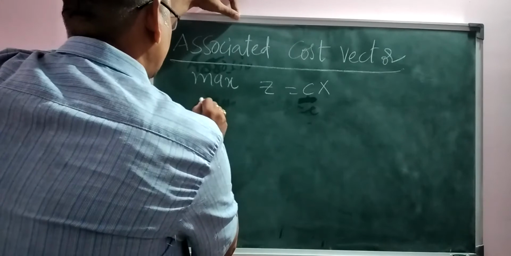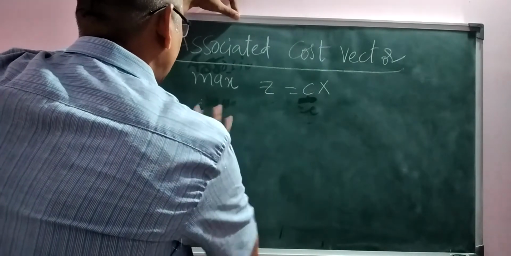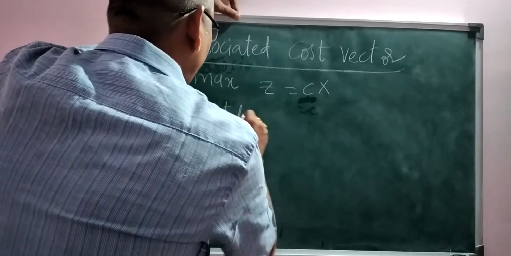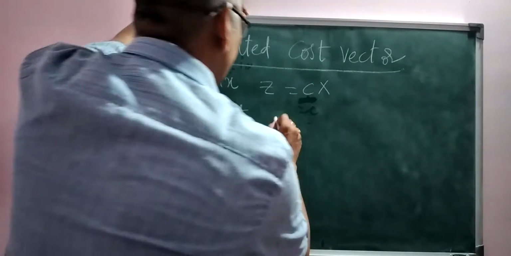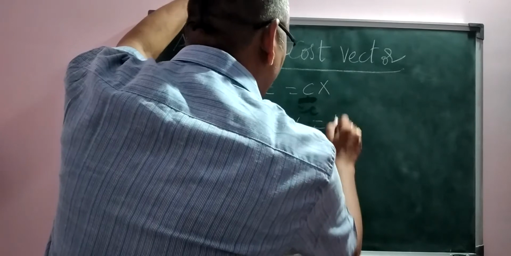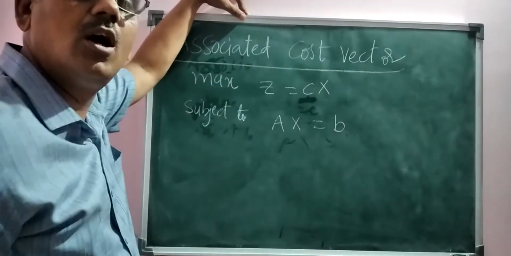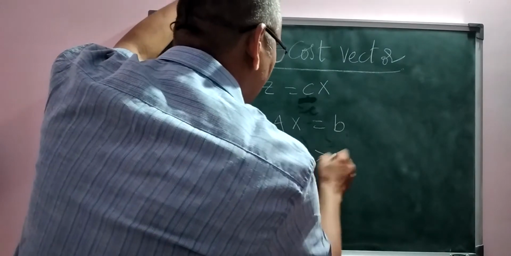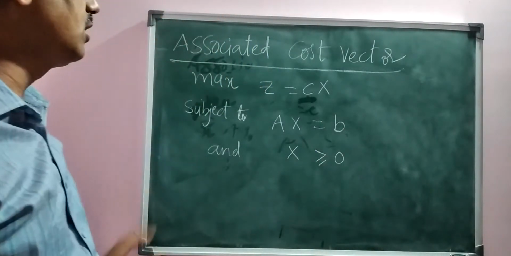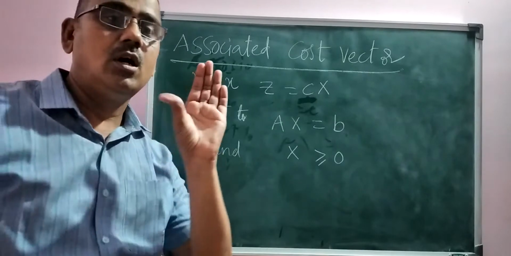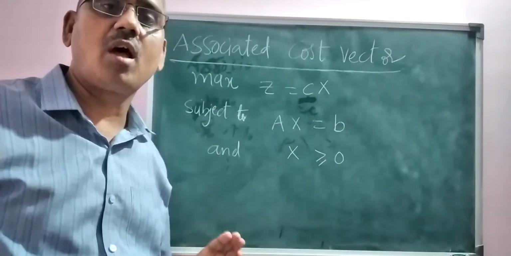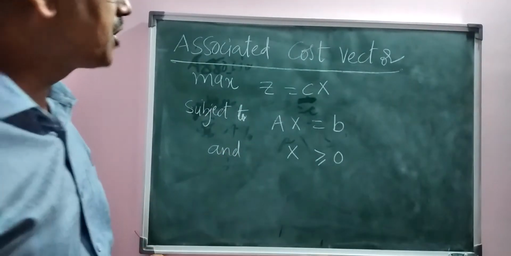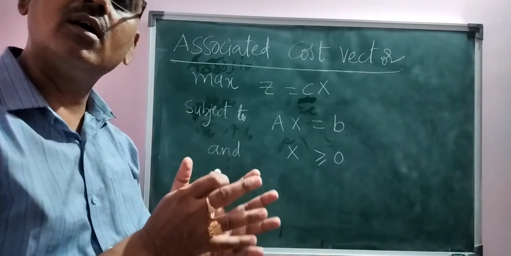And subject to the constraints, here it is Ax equal to b. In general, I write equality constraints and the non-negativity restrictions, x is greater than or equal to 0. This is the matrix form of a general linear programming problem, in which you consider two particularly important